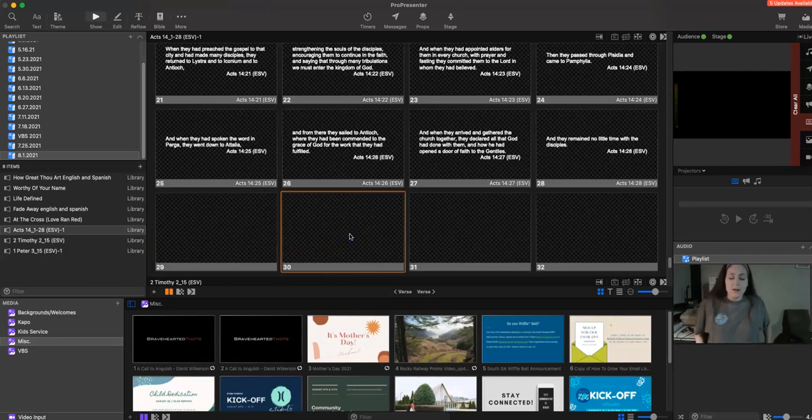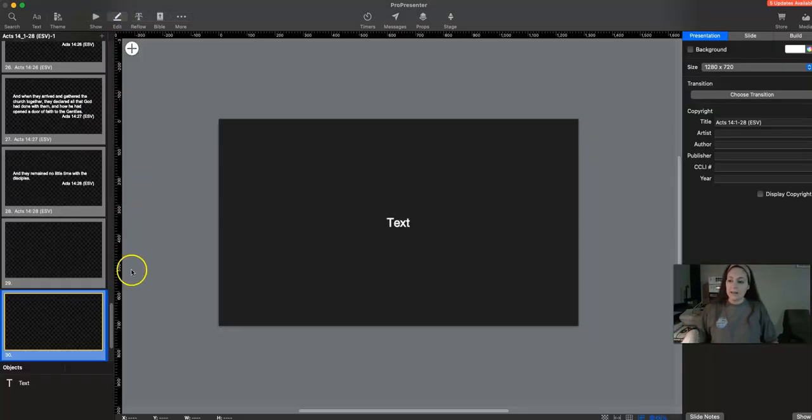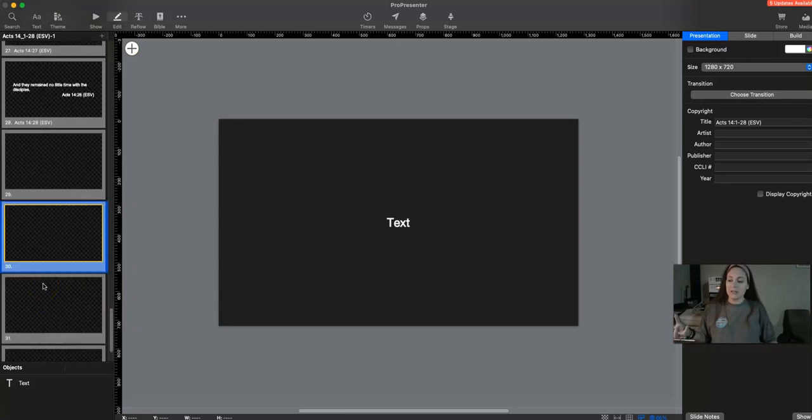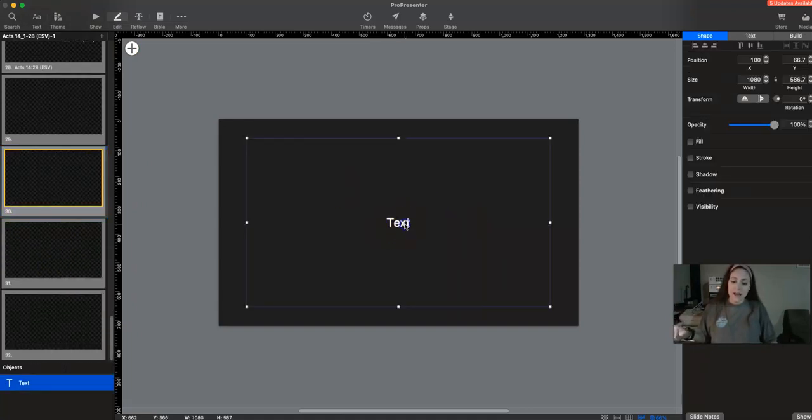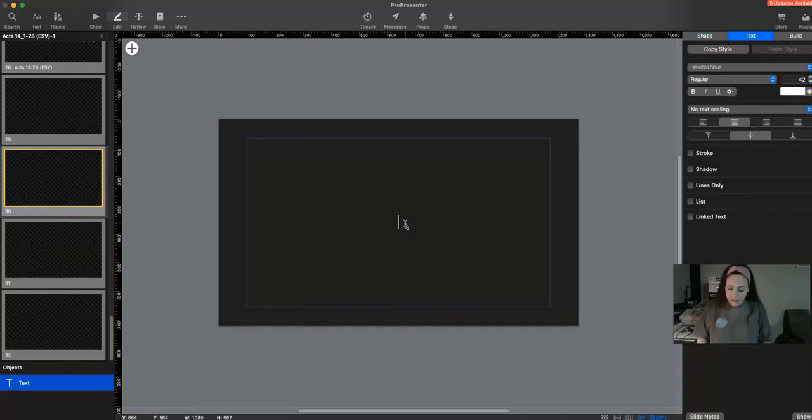And again, as you remember from our last video of adding Spanish, anytime you want to add something to a slide, you're going to have to go to Edit. So I'm going to click Edit, and it's going to take me to these edit screens. Again, I can click what I want to on the side, and I can click the text. You'll double click the text here, and then this is where you will type in those sermon notes for his